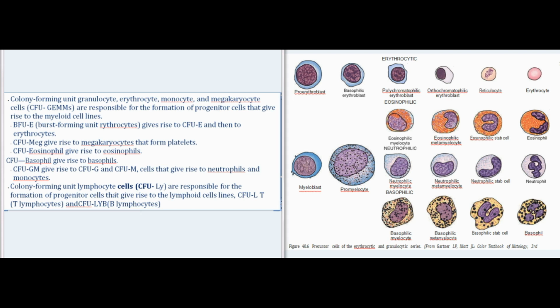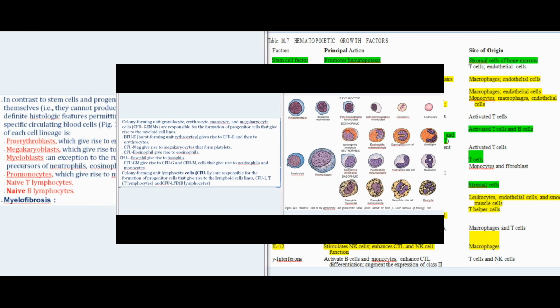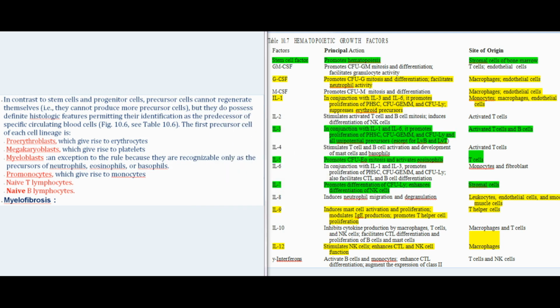Colony-forming unit lymphocyte cells, CFU-Ly, are responsible for the formation of progenitor cells that give rise to the lymphoid cell lines, CFU-LT, T lymphocytes, and CFU-LyB, B lymphocytes. In contrast to stem cells and progenitor cells, precursor cells cannot regenerate themselves, i.e., they cannot produce more precursor cells, but they do possess definite histologic features permitting their identification as the predecessor of specific circulating blood cells, Fig 10.6,